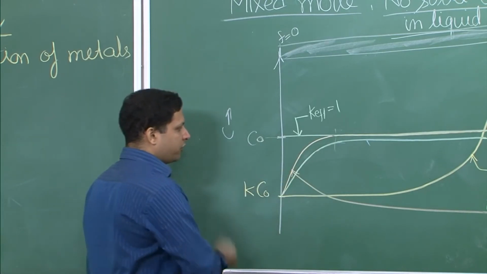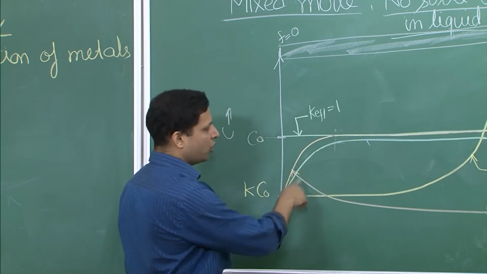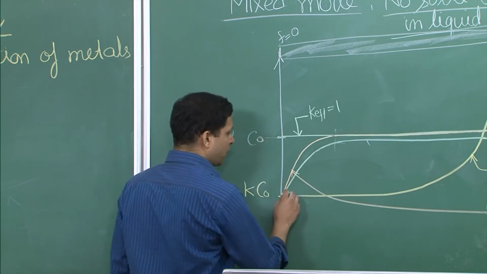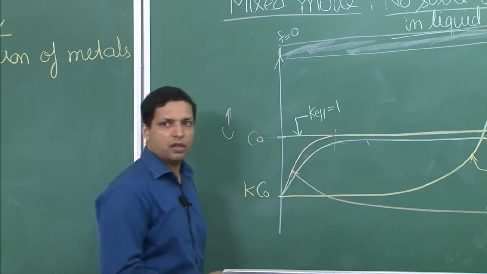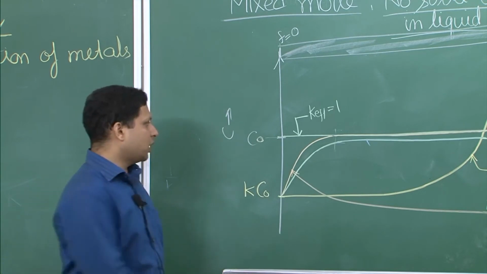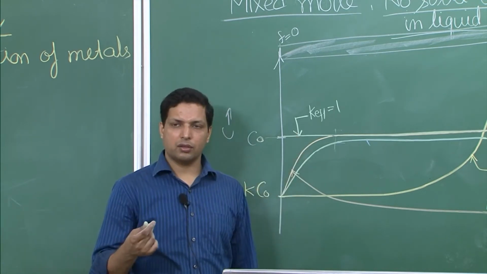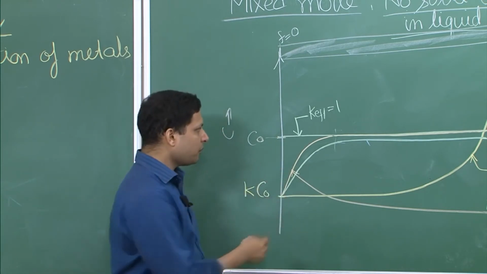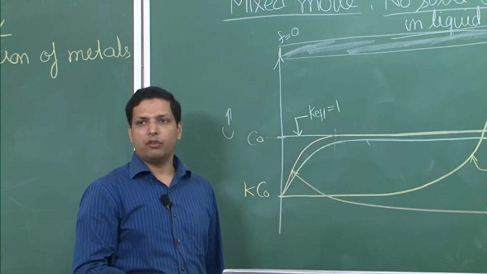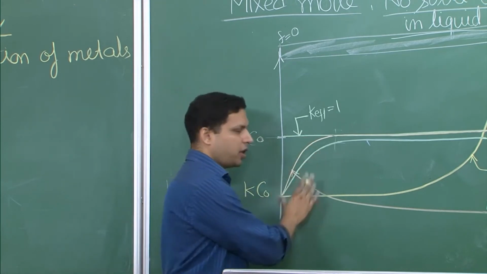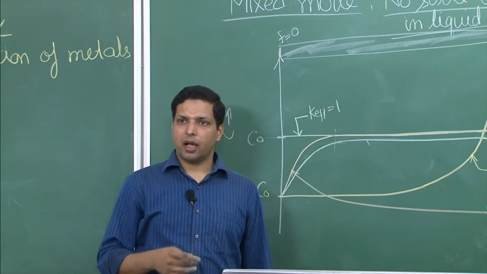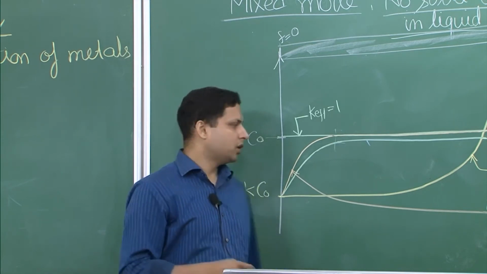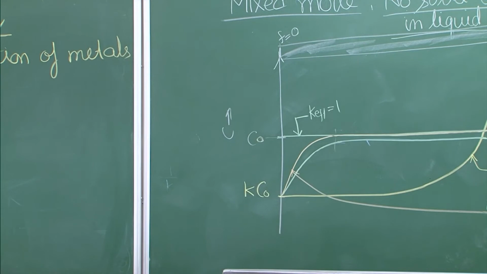Now when you do this plane front solidification using, let us say, mixed mode, or maybe no solid diffusion and limited liquid diffusion, then what you are getting is this particular range, the transient region over there, where the concentration has dropped. Overall the concentration of the solute has dropped. It is now less than C0. It has become KC0. Therefore this region has become purified, and this particular concept can be extended to get a much longer region of purified material, which is what we will see over here.